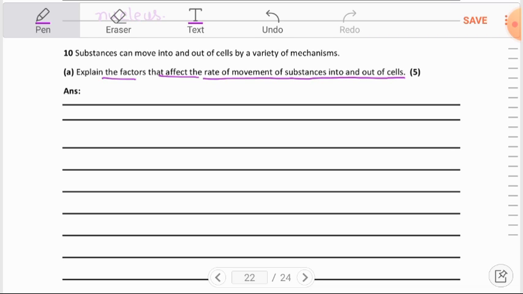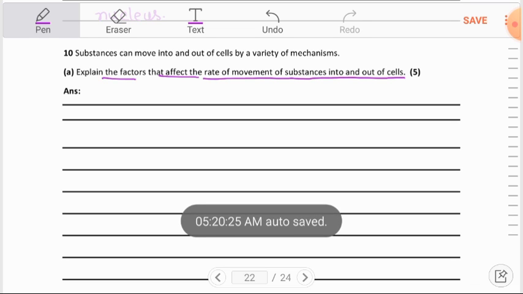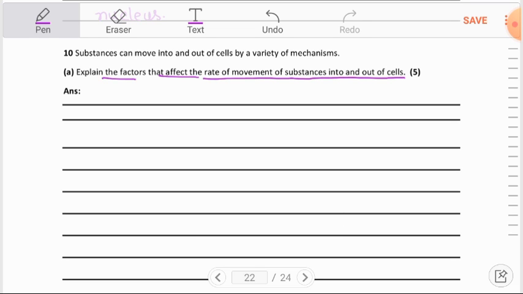And also it would be very time consuming to diffuse a very heavy particle. So that's why a smaller and lighter particle can move across the cell membrane more easily and in faster motion. So let's write all these points down. So let's start with temperature. The temperature